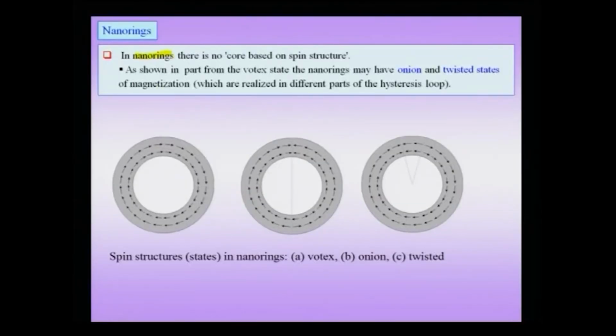Similarly, when you take up a disc which does not have a core, obviously you would have guessed that there is going to be no out of plane component in this, because the core has been removed. And in these nano rings, and these kinds of structures are called nano rings, there is more than one possible way of spins arranging themselves. This left structure is called the vortex structure, where you see that the spins are going concentric in plane. Then there is something known as an onion structure, wherein spins on one half of the disc are pointing in one direction and spins in the other half are pointing in the other direction. So, these kinds of arrangements are possible.